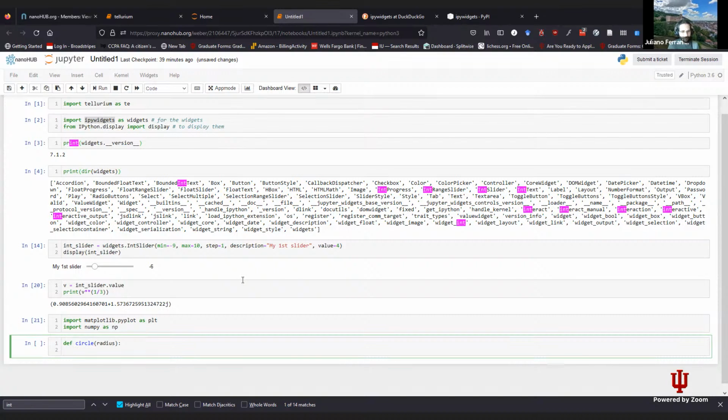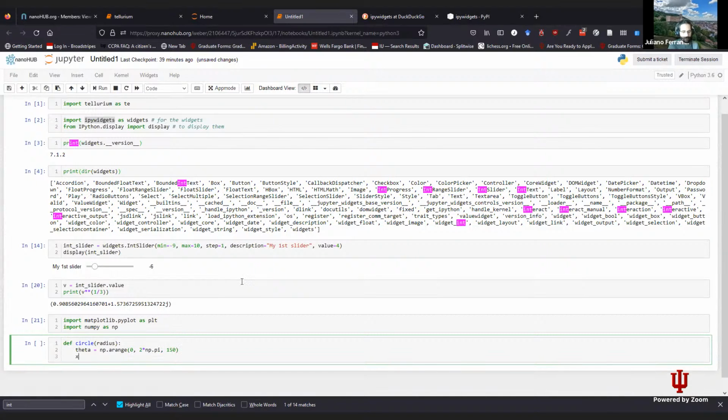Well, a circle of radius r. I have to define a theta. It's gonna be from 0 to 2 pi. 150 points should be fine. Then our x is gonna be